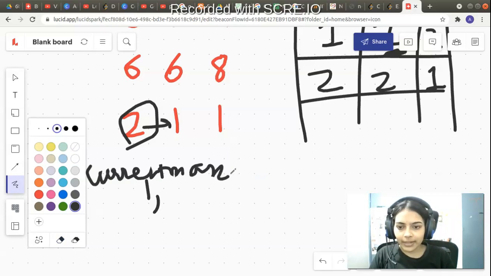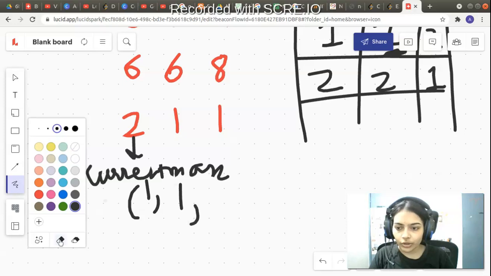Current max is an element that is storing the values. Currently its right neighbor has returned back 0, 0 plus 1 is 1, so I have written 1 here. Then it will make a function call to its below neighbor. Its below neighbor is out of bounds, so it will return back 0, 0 plus 1 is 1, so I have written 1 here. It will make a call to its left neighbor. Its left neighbor will return back 0, 0 plus 1 is 1, so again 1.